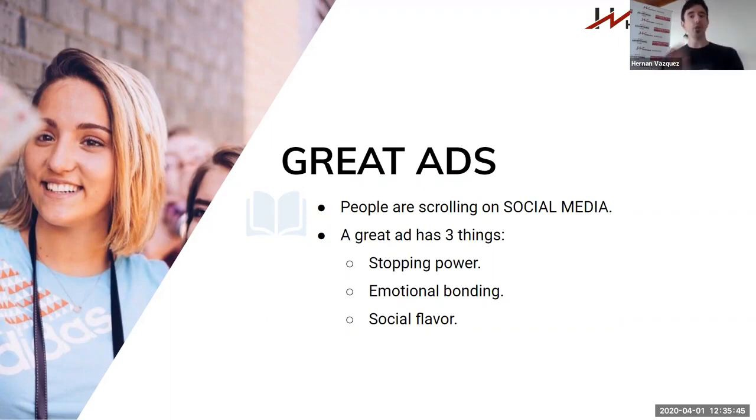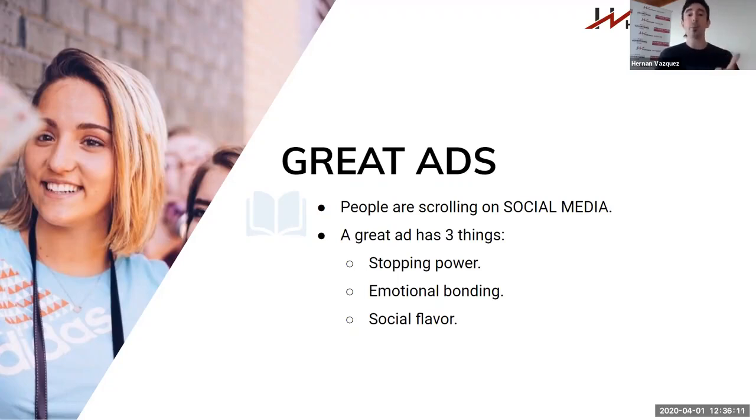Now, when we're talking about YouTube, YouTube is a search engine. So what happens there is that we need to understand where we are advertising. People go to YouTube to understand, to learn, and to get entertained, all right? So YouTube is a search engine. Facebook and Instagram, they're social media profiles, okay? Or social media networks. So a great ad on social media has three things.